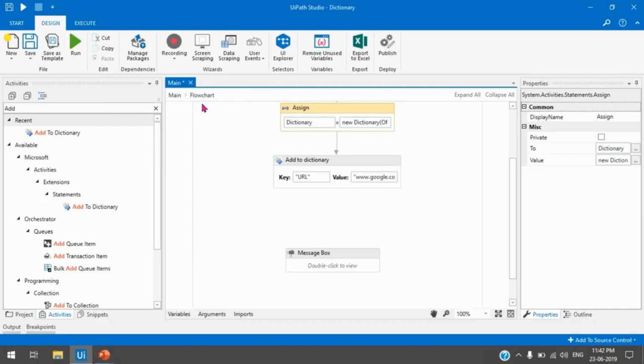We need to take care of one more thing: if we have created a dictionary with key type string and value type string, then you can pass only string key and string value data. You cannot add any other data types into this dictionary. If you want to add any other types of value, then you have to create another dictionary with another name and add those values in that. So here we can just add string keys and string type values, same as a SQL database.